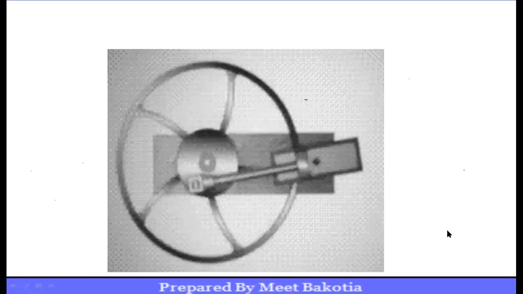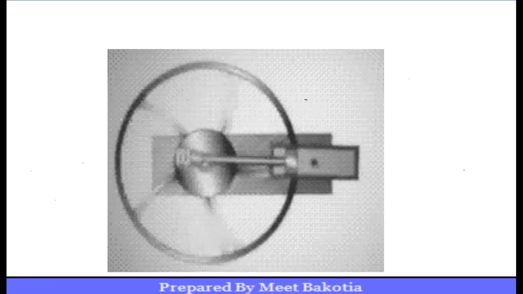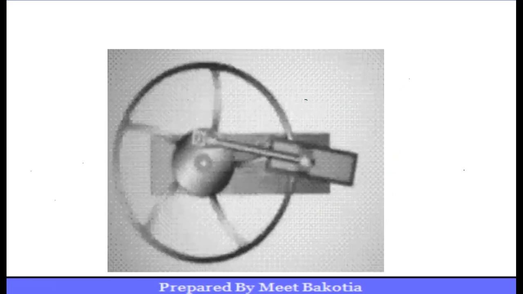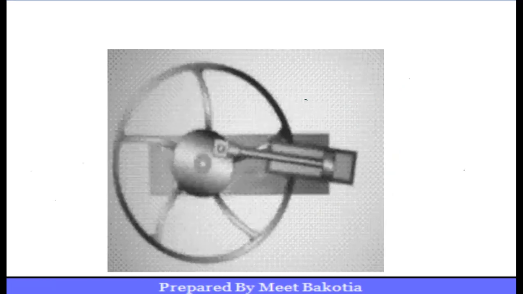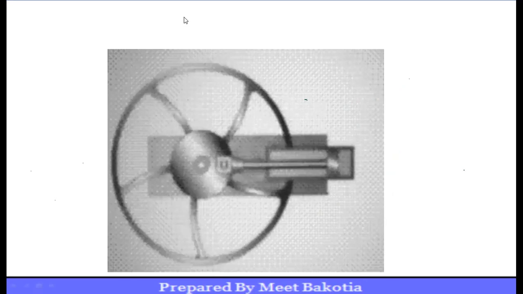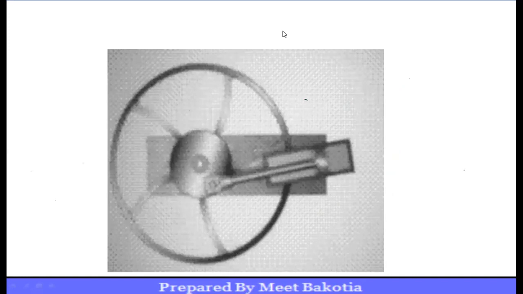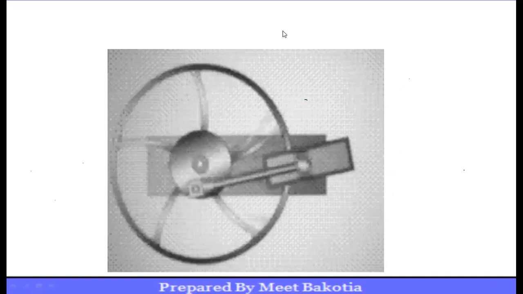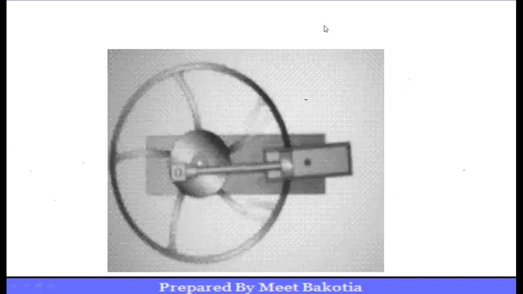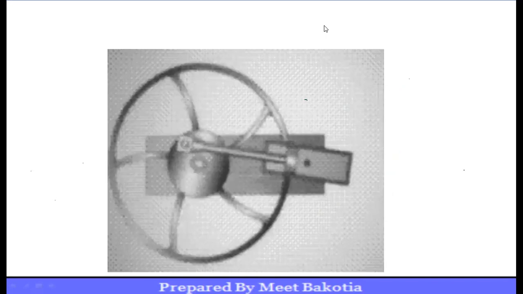As the crank rotates, you can see the piston and piston rod is reciprocating, and our cylinder is hinged at this point. Let it move a bit and I can show you the hinge. Guys, see, this is the hinge point. So with respect to the hinge, our cylinder is oscillating.